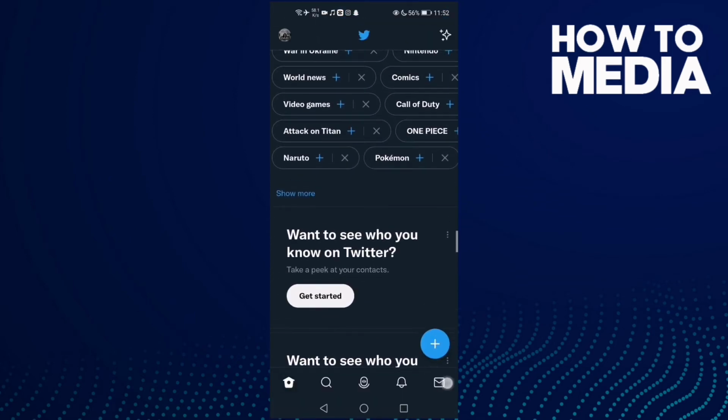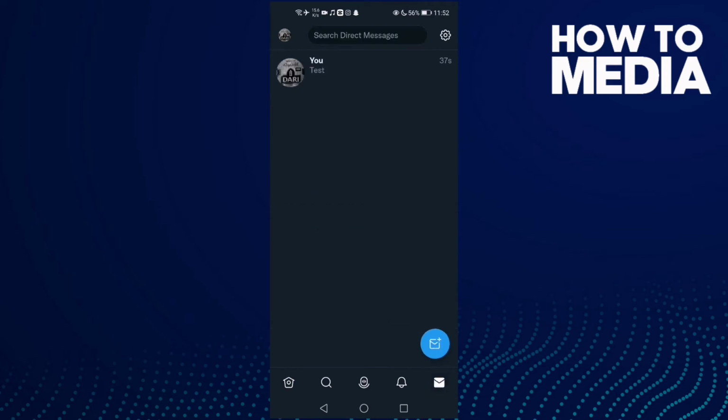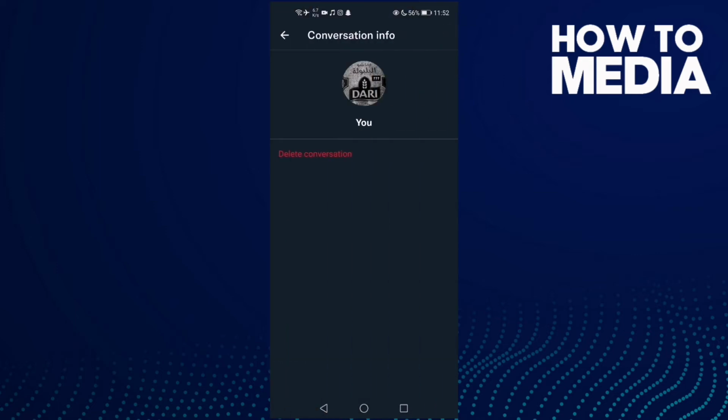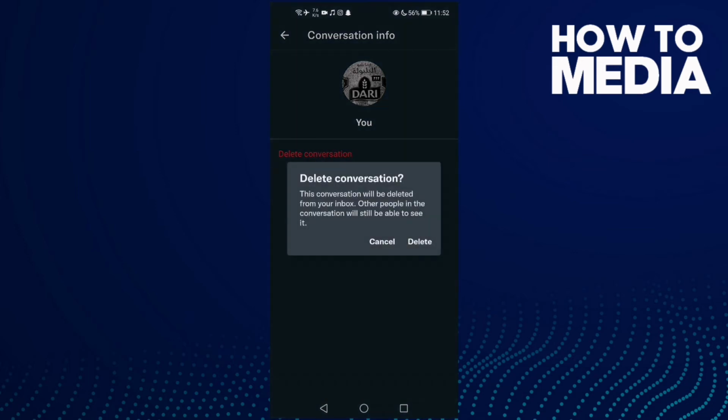and then click here this icon, and now go to the chat and then click this icon right here, and now all you need to do is just click this one here, delete conversation, and then click here delete,